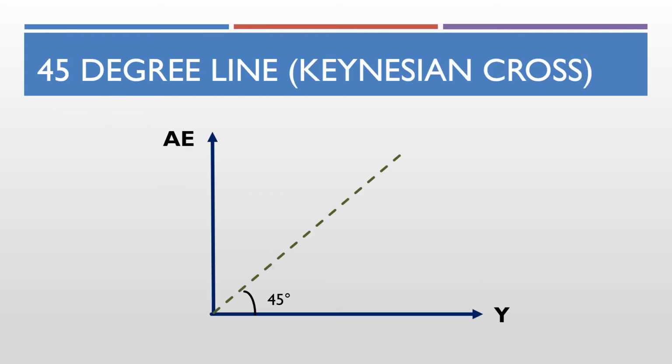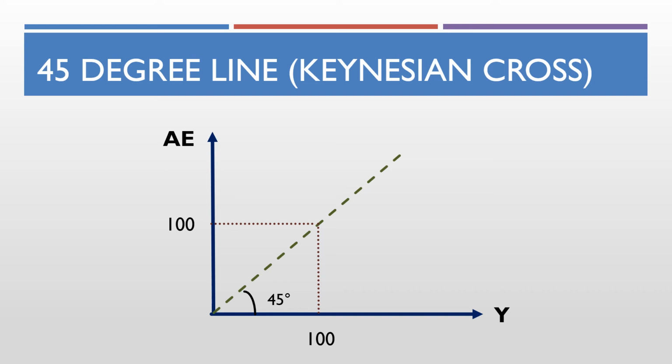Well, the easiest way to visualize this is using a tool called the Keynesian Cross. The Keynesian Cross is basically the 45-degree line on a two-dimensional panel. So we have the graph plotting out Y and AE. The 45-degree line basically tells us that at any given point on it, there will be equal values of Y and AE. So when aggregate income is equal to 100, the aggregate expenditure should also equal 100 on the